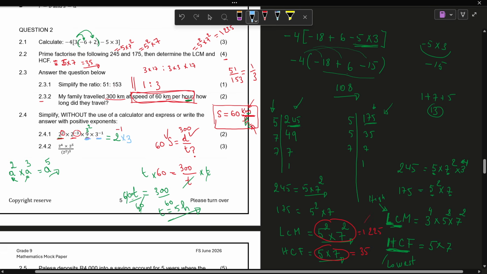So what am I going to have? I'm going to have 3, and I need to add the exponents. So I've got 2 plus negative 1, and I'll end up with 1. So the final answer here will be